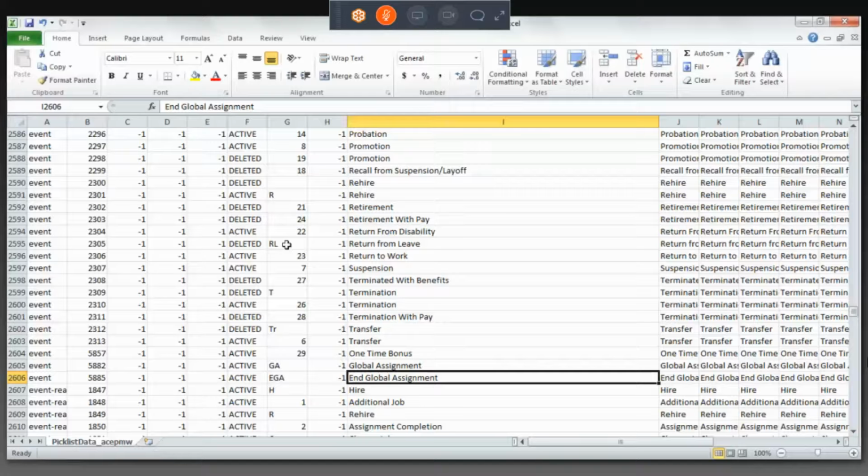So you don't change anything else. The only things you can change are whether you activate it or delete it, and you can also change the labels here. And remember, this does not have any impact anywhere in the system. The only thing that we work on is